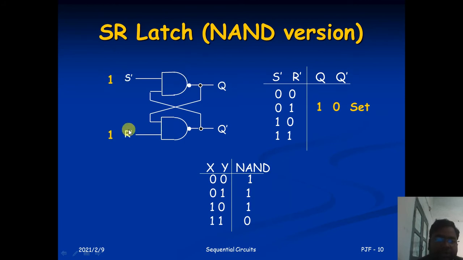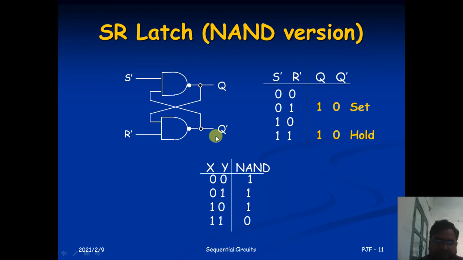If you are passing 1 and 1, now 1 will go here and it will give you 0, and the 0 which goes from this Q will be inserted there, and 0 and 1 the NAND gate will produce 1, and 1 will go here, and this 1 and 1 will give you 0. So this will be the output, 1 and 0 for this case. This is 1 and 0. Initially we are also having 1, so this will hold your position for 1 1.